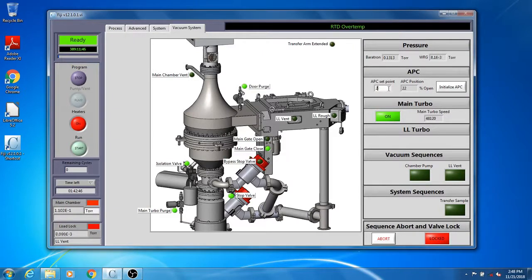Change it to 16 and the reading is 178. We need to decrease the APC number to increase the Baratron reading to get the required flow of the gas.